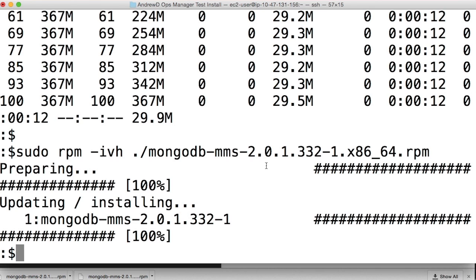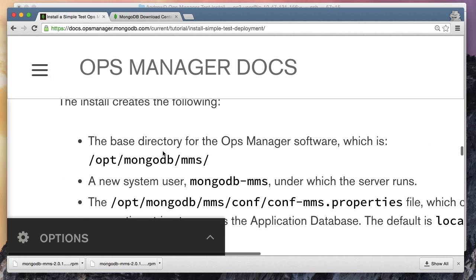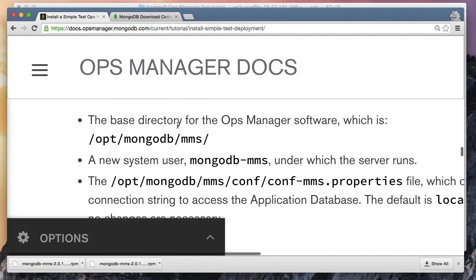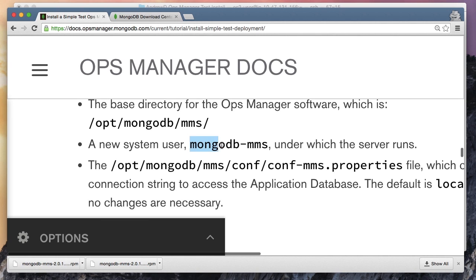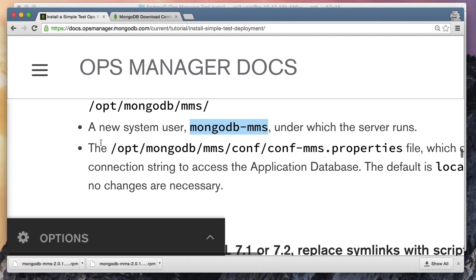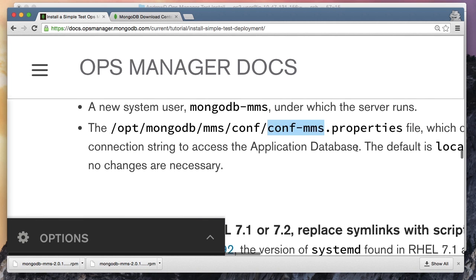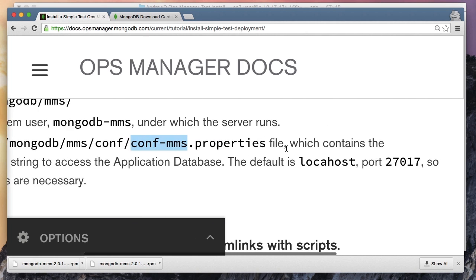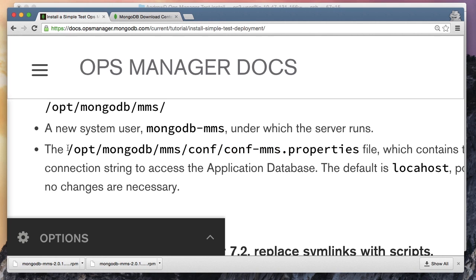The process and package name has this mongodb-mms, where MMS is a sort of genericized term meaning MongoDB's management service. As our documentation explains, this created a couple directories for us, as well as the mongodb-mms user, the system user that Ops Manager runs with. It also created an important file called conf-mms.properties. This is basically where we configure the critical piece of Ops Manager, and that is we tell Ops Manager how it can reach the Ops Manager application database that we spun up earlier,